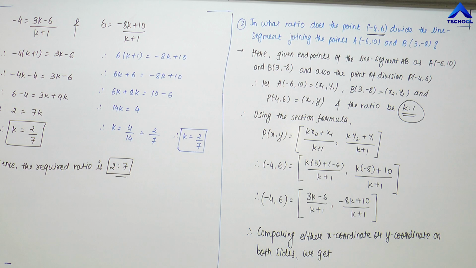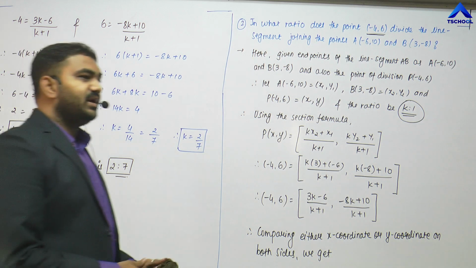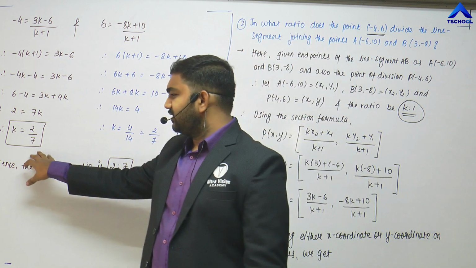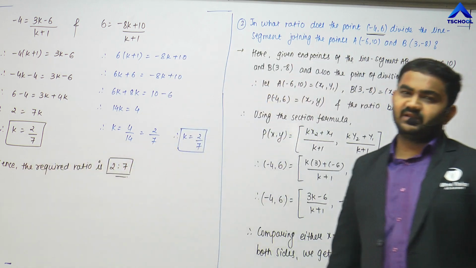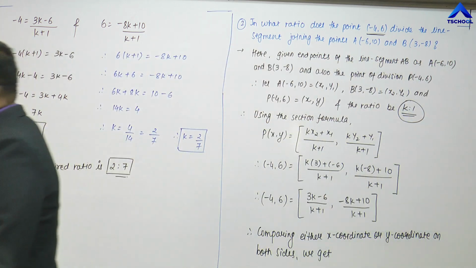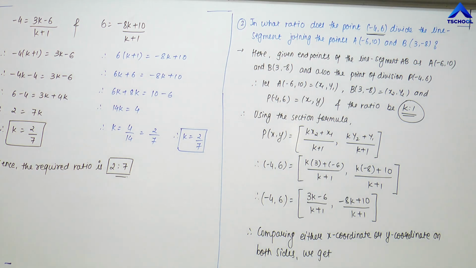Is it clear? So rather than going in the reverse way, go with the flow: if we compare the x coordinates, then follow the x coordinates only, and if you compare the y coordinates, then follow the y coordinates only. Don't go for both. Sometimes you might make a mistake following both of them; once you get 2/7 here, and sometimes by mistake if you don't get 2/7 there, then you will be confused about which one is correct, the first one or the second one. Is this thing clear, friends? Okay, take a look for a second, then we are going to erase this.